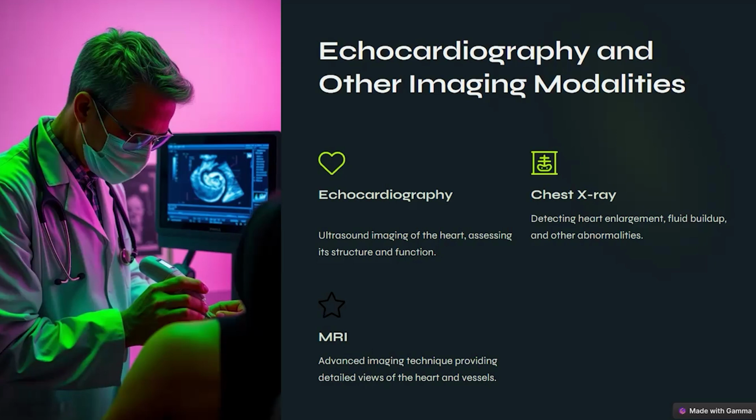X-ray chest, again an important bedside test, should be done for all patients who get admitted to the ICU. A large heart would tell you whether the patient has a dilated heart, or a rounded heart would also tell you whether this patient has an additional pericardial effusion.